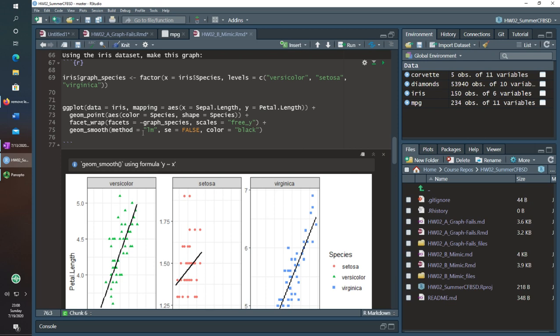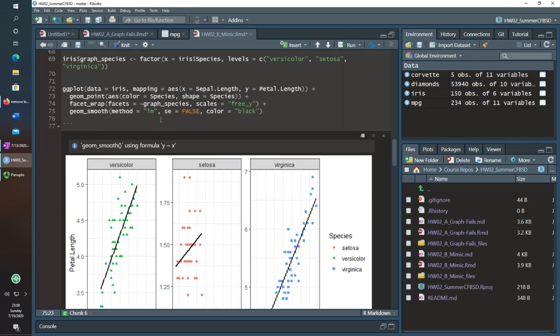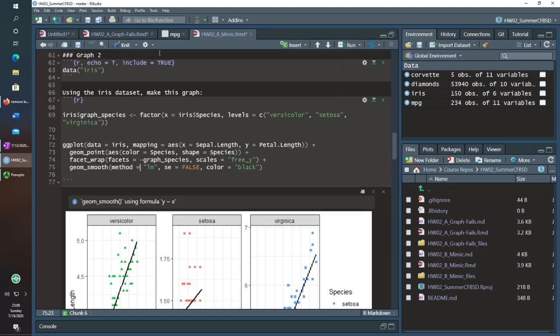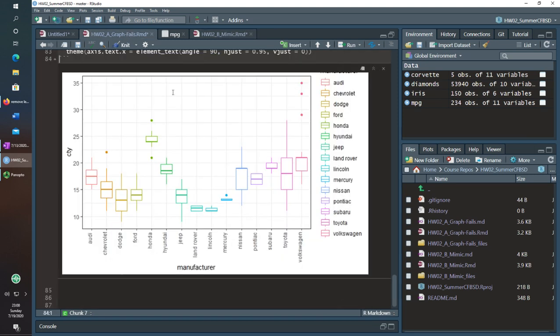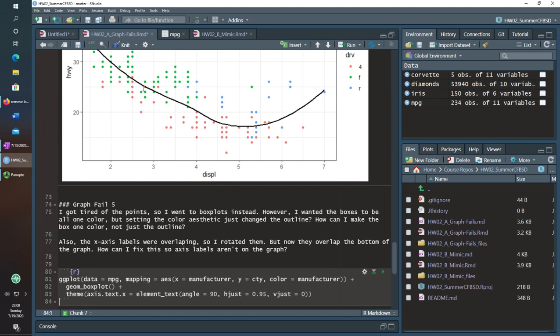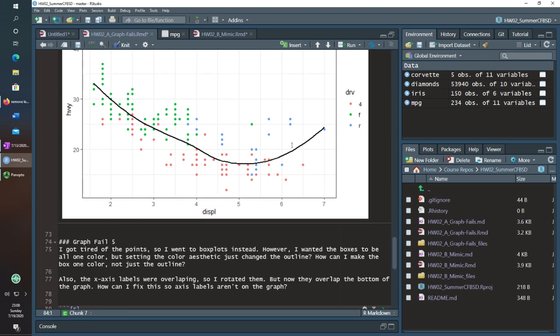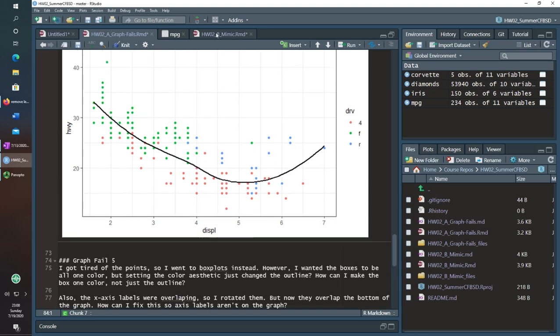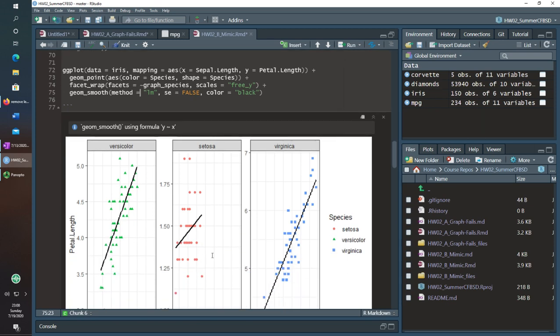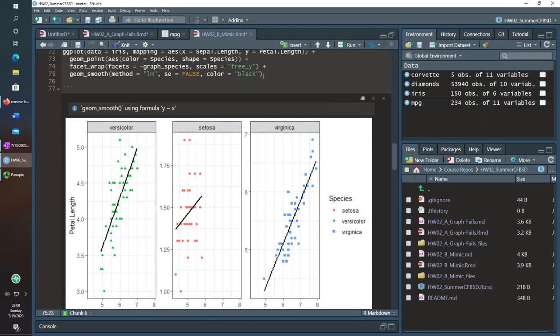And then obviously geom_smooth, I did a linear model because it's a facet, and it doesn't matter where this is, it will make a linear model on all of them. There's not obviously a way to have one linear model if you're going to have multiple graphs with a facet. But you can also see that I changed the method here to be linear, actually.